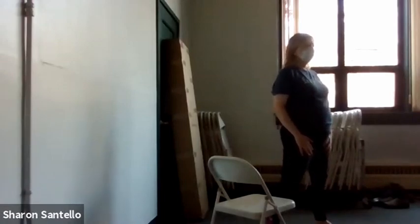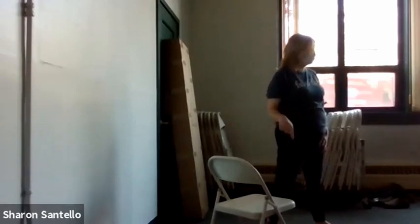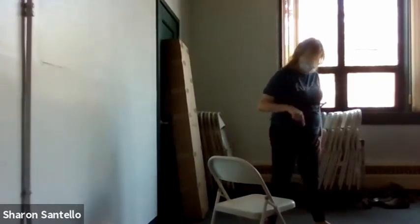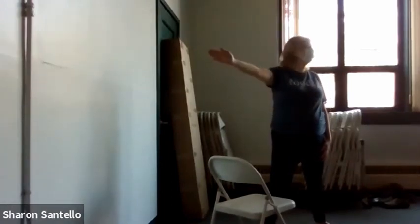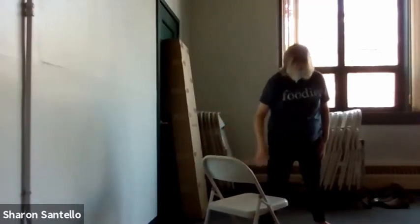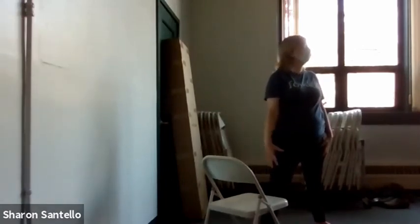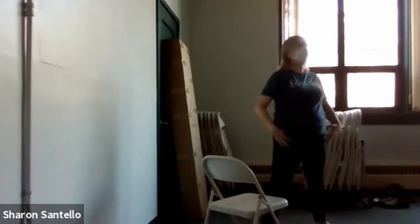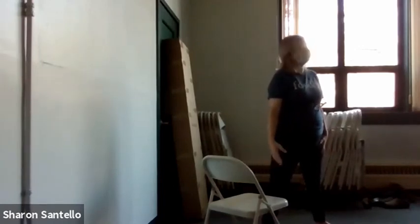Standing to the side of your chair. We'll open the feet nice and wide, and we're going to pivot on one heel, so the foot closest to your chair. We're going to pivot on the heel and point the toes forward. Chair should be somewhat close to you, so the foot would be right under the chair. So notice your knee here. If you have tight hips, sometimes the knee can overcompensate. So if you need to just adjust yourself,